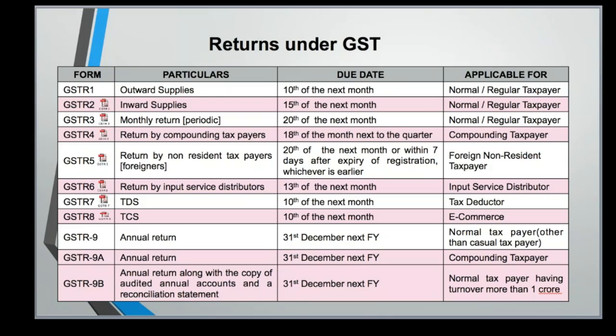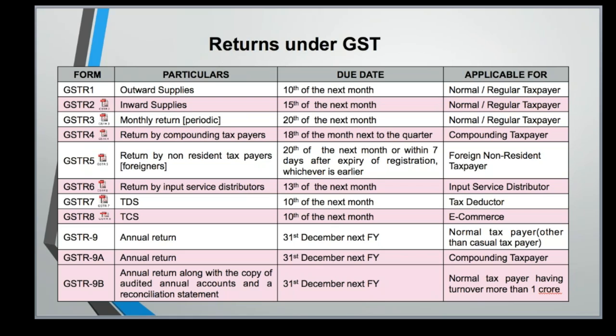Whenever you send the material under the delivery challan, the goods have to come back within 1 year. For capital goods, the period is 3 years. If you are sending goods to an unregistered job worker, then his place of business should be added as your additional place of business, if you want to sell the same goods directly from his premises. If you do not want to sell the goods from his premises, then it is not required. You can very well do the job work.